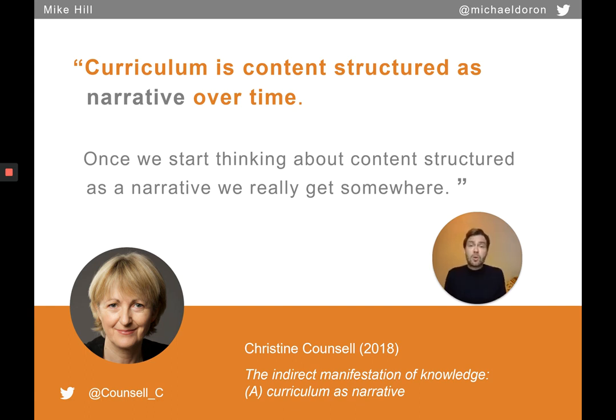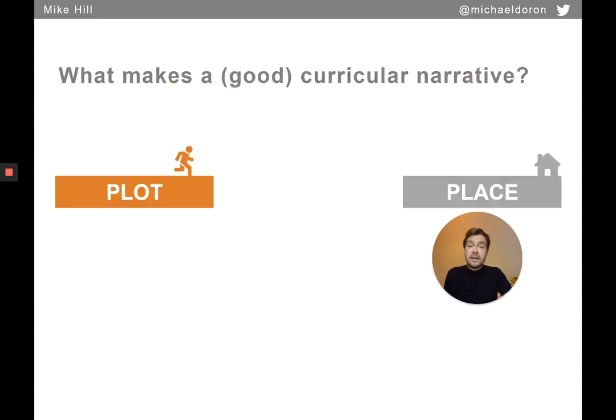However, even though I know what a narrative is, and I could point one out if I saw one, I find it more difficult to think about what it actually means to translate content into a narrative. What does that entail? What things could we start with, and what is important to consider when we do this? So I went away and looked at some things about narrative, what narrative is, and what makes a narrative, and just two things I want to talk about in these videos really are the dimensions of plot and place.